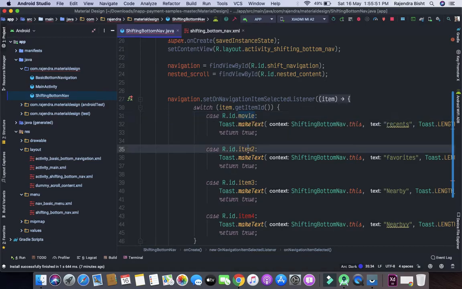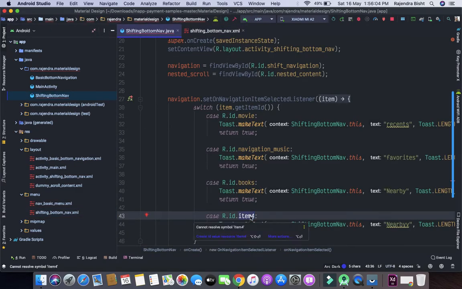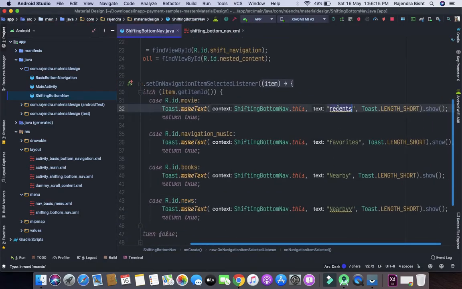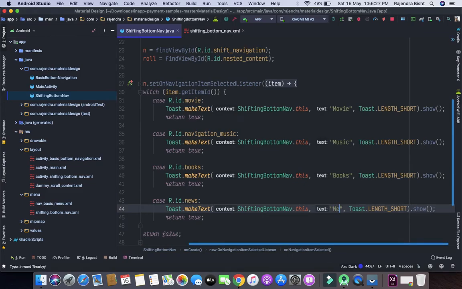First is movie, second one is nav music, third one is books, and the fourth one is news. Similarly, we change here. And the fourth one is news.